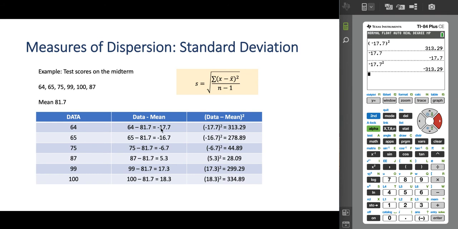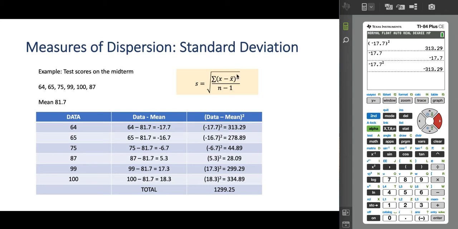So here's the table all filled out. What we have to do is add the data minus the mean scores squared, and we're going to add those together, the square of all of those. So that's this column. I'm sort of saying this in a weird way, but the top half of this, the numerator of this fraction that's under the square root, is the sum of these values. So we're going to find that total, which I did on the next screen. I just added these numbers together. So that's